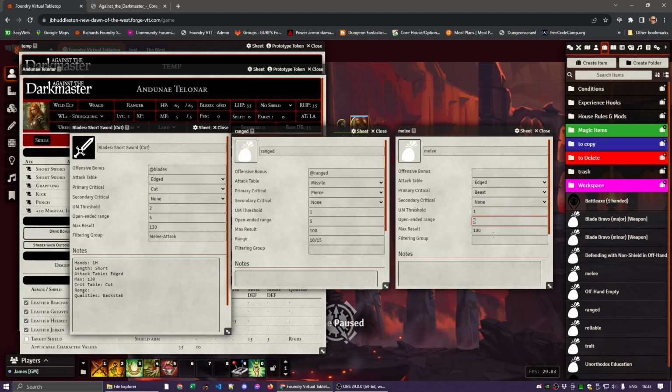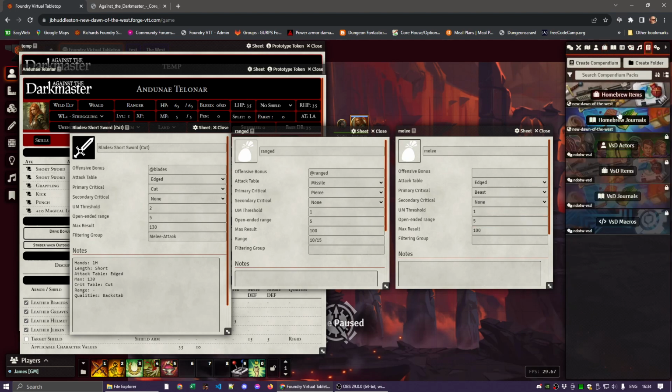The open-ended range is an old mechanism, but if there's nothing else overriding it, then this will be used to determine whether the D100 roll explodes. But there's another mechanism in place which will extend the open-ended range for people with the weird background, and it will override this setting. So if you have weird, then you don't need to go and change all of these. It will automatically